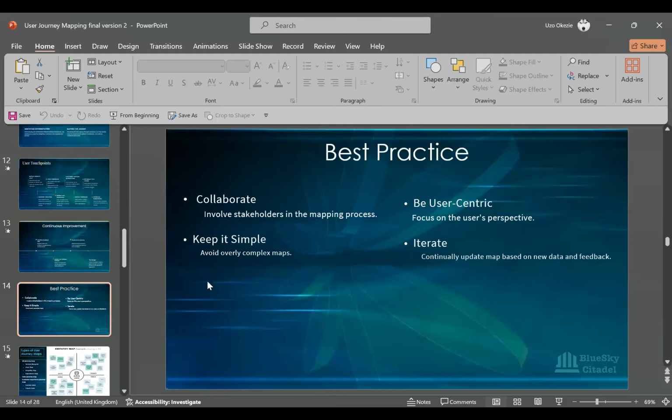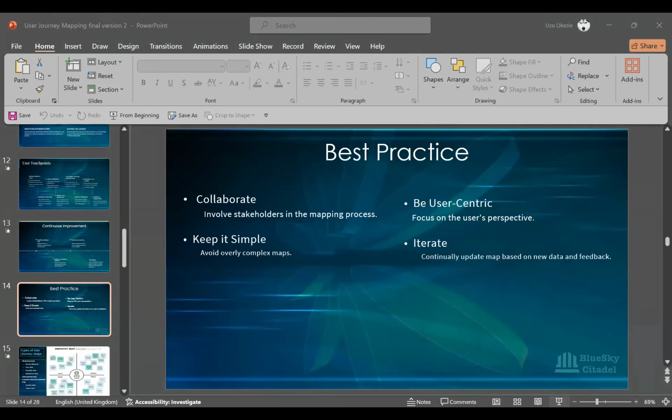I will take over from Adelu now, and we'll just basically do some live examples, show you some examples, and if we have time, we'll work on a user journey map. Okay, so